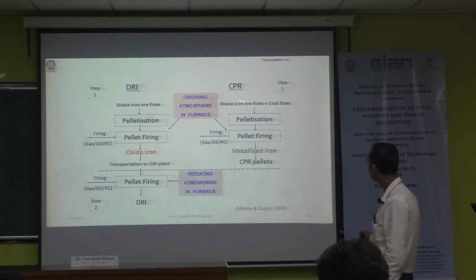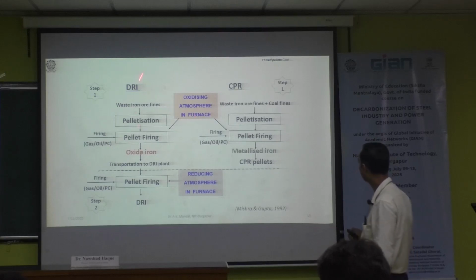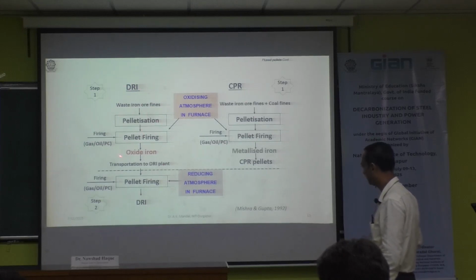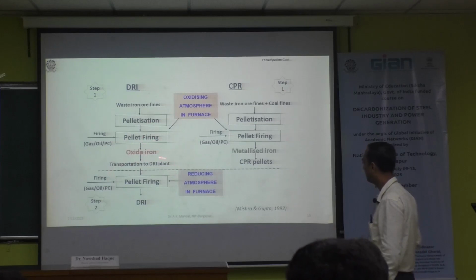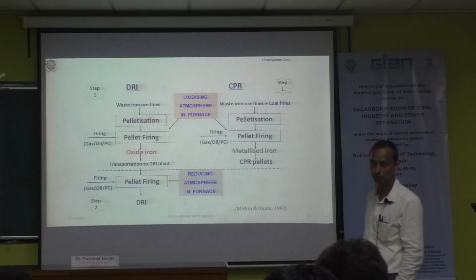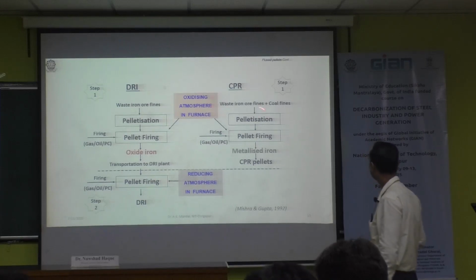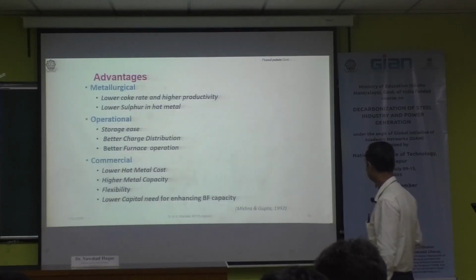In the conventional route, they make waste fine, pelletize, and fire in an oxidizing environment, oxide iron will form and it is transported to the DRI plant, then DRI will be produced. Two-step process. Here you pelletize, fire the pellet, and metallic iron is obtained. So advantage wise, lower coke rate and high productivity,